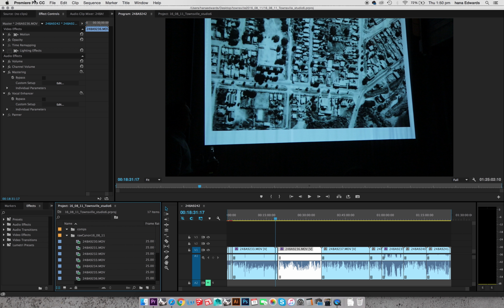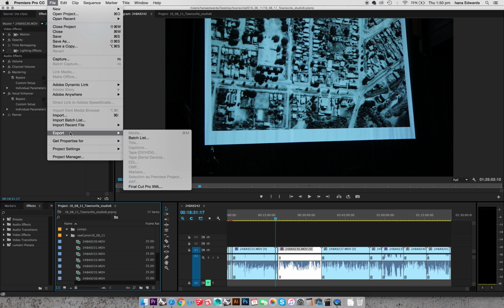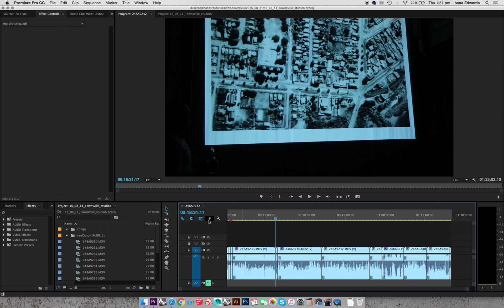All right, so what we need to do is we're going to export this movie. Come up here to File, go Export, you go to Media, but you see how it's grayed out. That's because you can see here by this blue line that this is the window that's activated. If we then go into the timeline and activate that, or select the timeline from this list, we can go